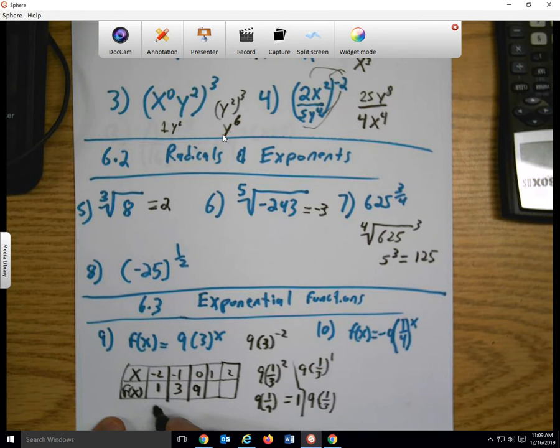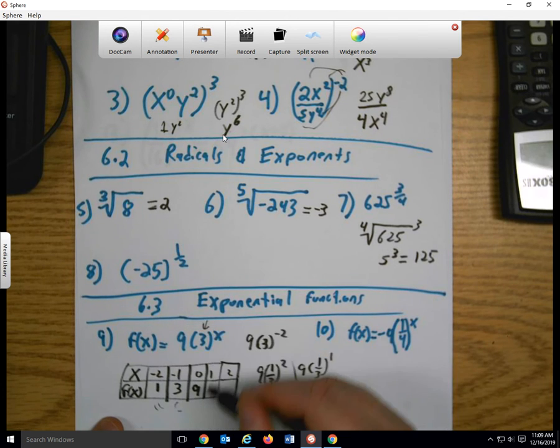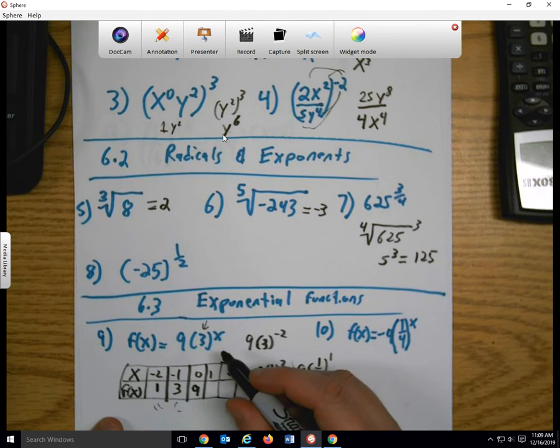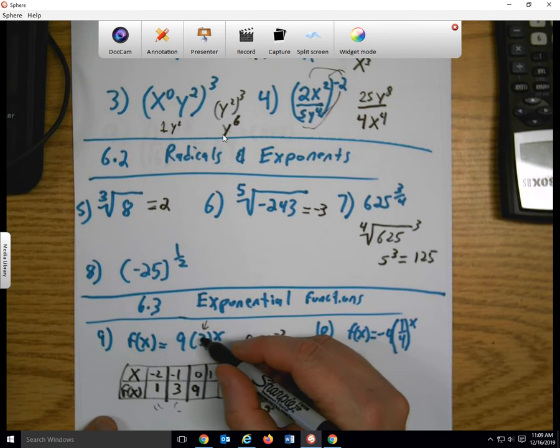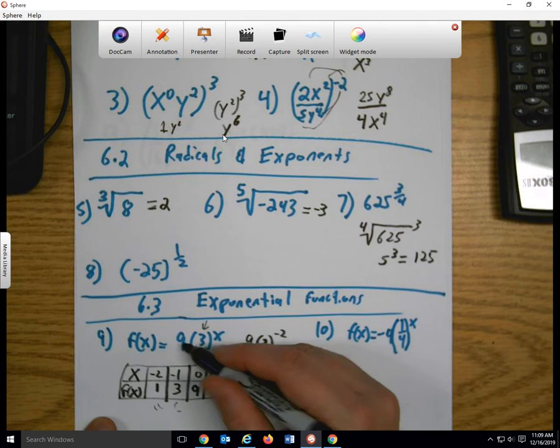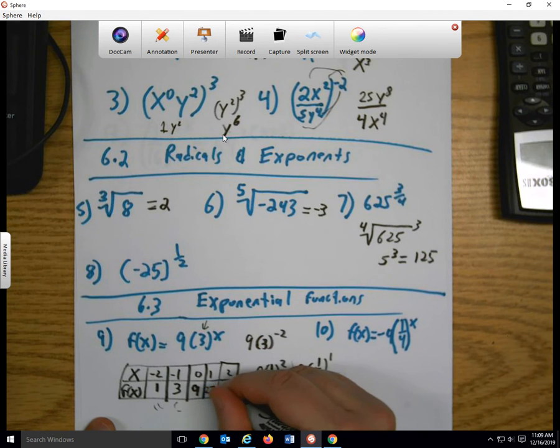You might be able to see here what we're doing each time. It looks like we're multiplying by 3, so the next number should be 27. And actually a hint that this is a 3 would indicate we're multiplying by 3 each time. So if we were to substitute a 1 in, 3 to the 1 power is just a 3. 3 times 9 is 27. And if we're multiplying by 3 each time, 27 times 3 would be